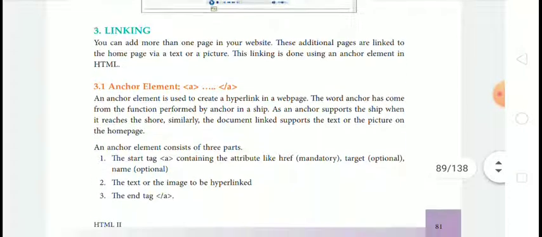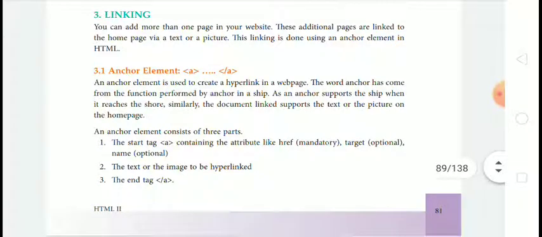Then the next topic is linking. You can add more than one page in your website. These additional pages are linked to the home page via a text or a picture.